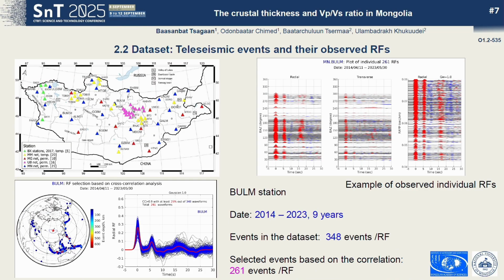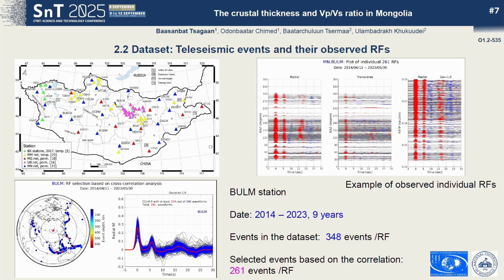In this slide, you see the station distribution in Mongolia. For this study, we compiled a comprehensive database using data from both mobile and permanent broadband seismic stations in Mongolia. This figure shows the distribution of pre-selected teleseismic events used in our study.